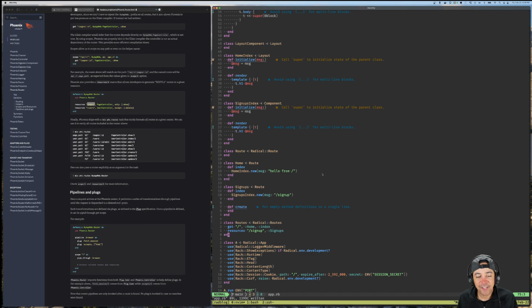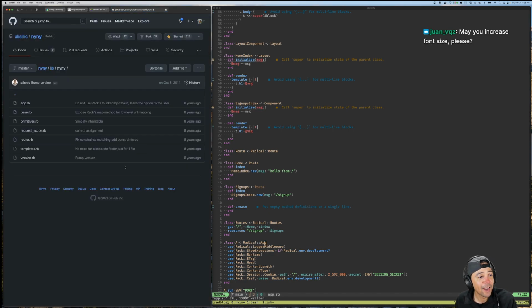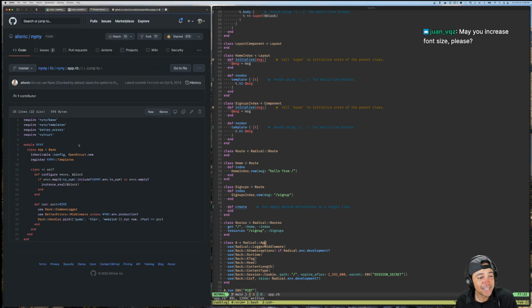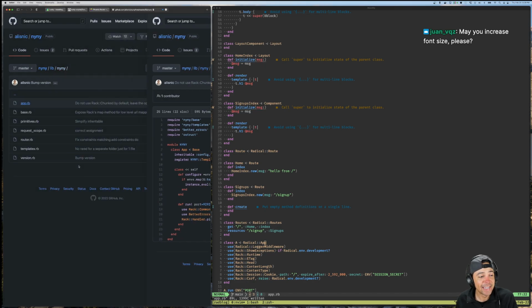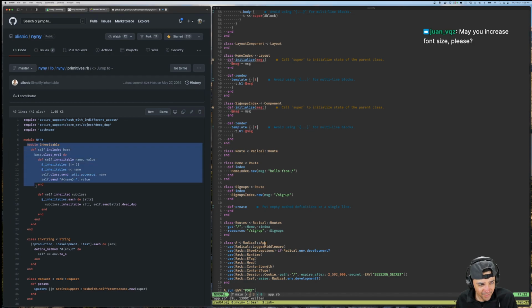I did all this. I also ripped off this Ruby framework I saw from 2016, which this person, a really great Ruby hacker, made, and the way it is, is really nice. First of all, he has this inheritable thing that's like Active Record's deep dup, but you don't actually need that. So you can get rid of Active Support here and just do this.